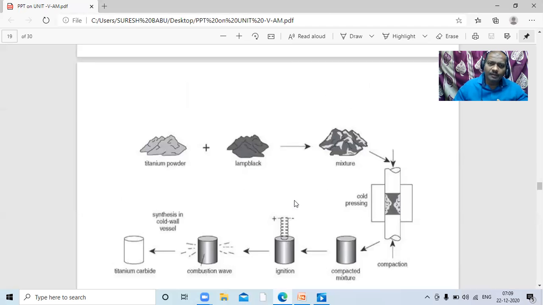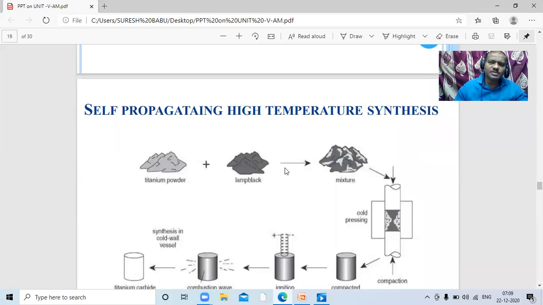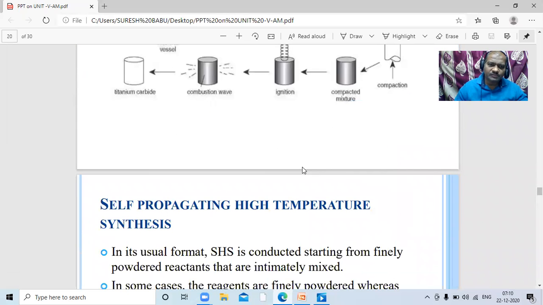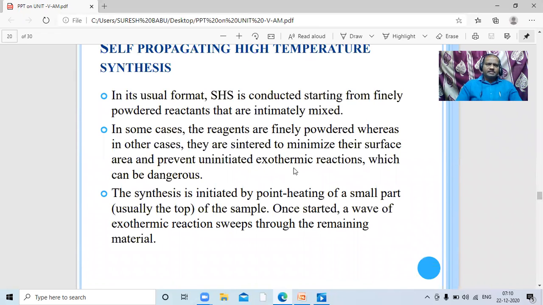So like this, we can discuss this process, that is self propagating high temperature synthesis. Here, synthesis means splitting of the material and compacting, and then exposing it to this electrification and to the gases, and thereby we are going to get a product. The product is titanium carbide. It can be used for a number of applications. So this is about this one. Self-propagating high temperature synthesis, in its usual format SHS,